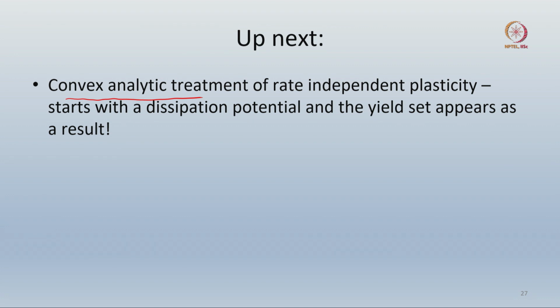As I have already said, this is a very nice and scientifically elegant means of solving a continuum plasticity problem within the framework of unconstrained optimization, right. The starting point for this will be the dissipation potential, and therefore the yield phenomena will appear as a result of the definition of the dissipation potential, right. So we will discuss this in great detail in the